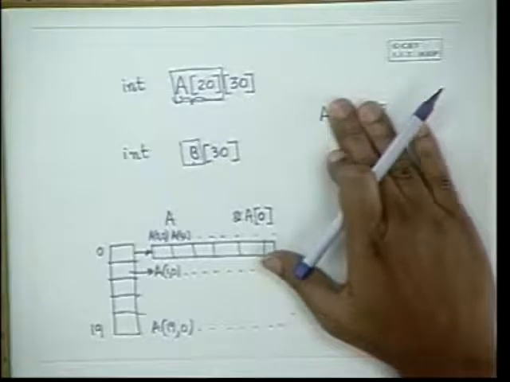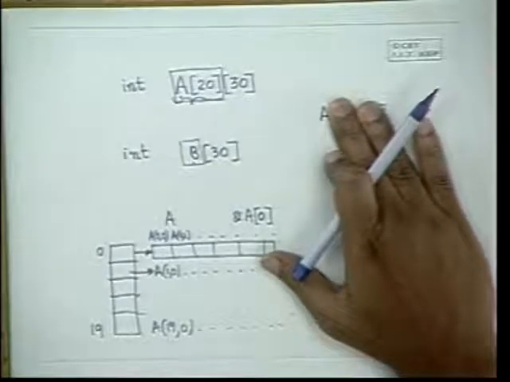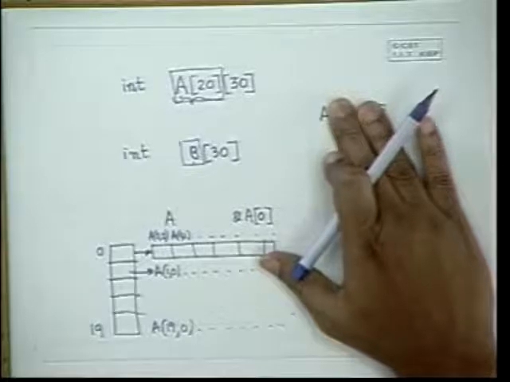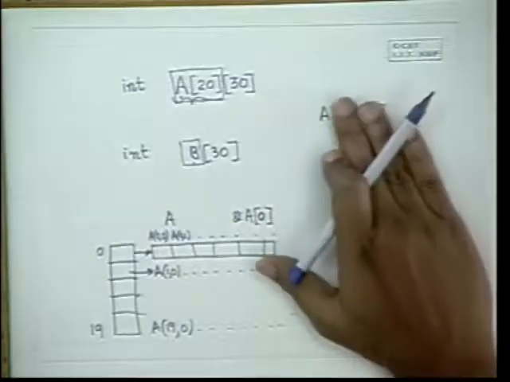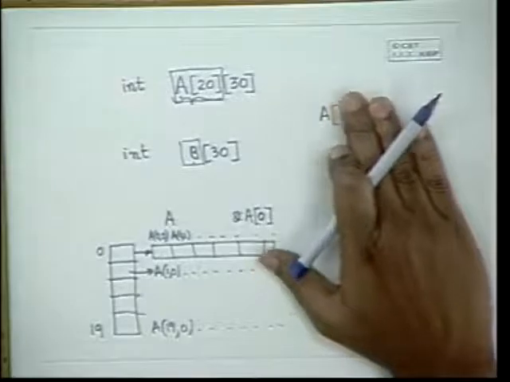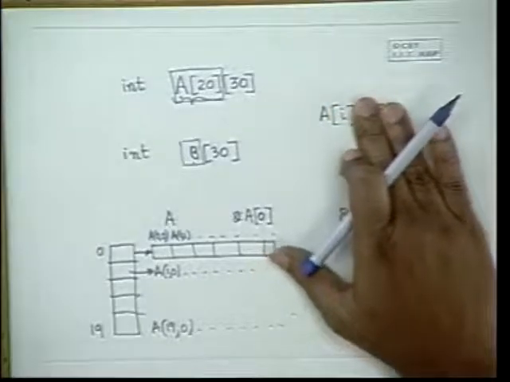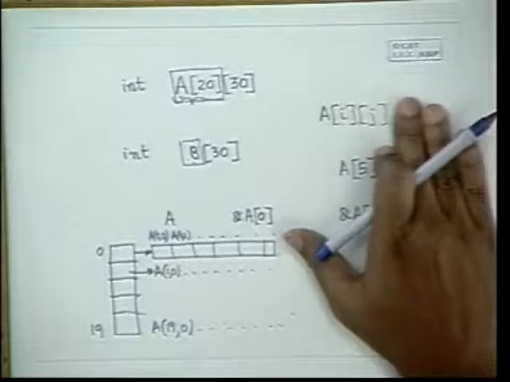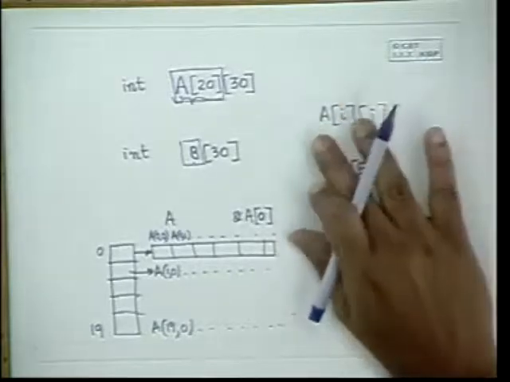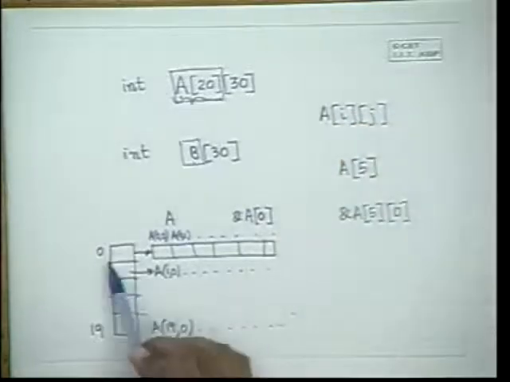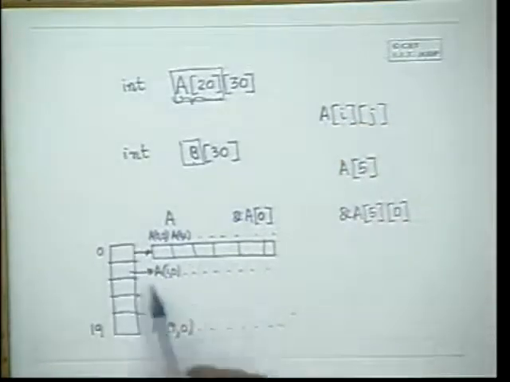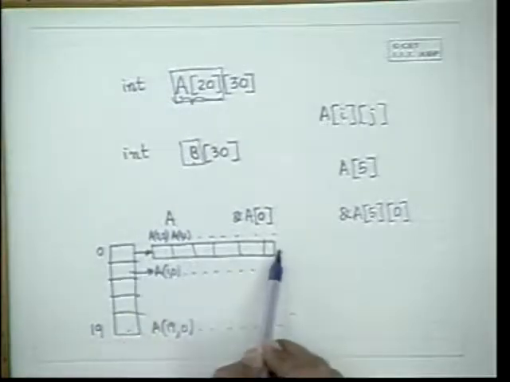Each element of this one-dimensional array is a one-dimensional array. A is an array, and each element of that array is an address, such that each element of this block is a two-dimensional array. A is a pointer to a two-dimensional array. This is a pointer to a one-dimensional array, and this gives you the final location. All right. So you can conceptually have a look at it in this way. These are the addresses of one-dimensional arrays.